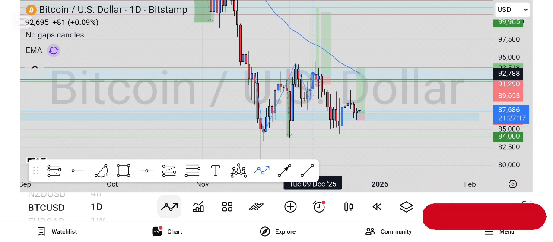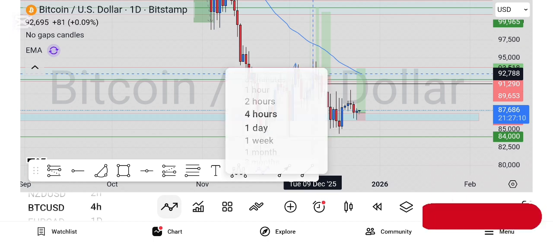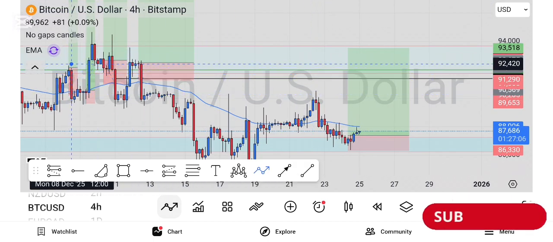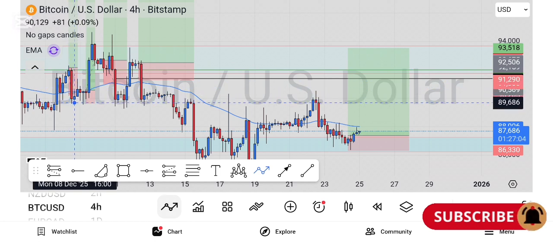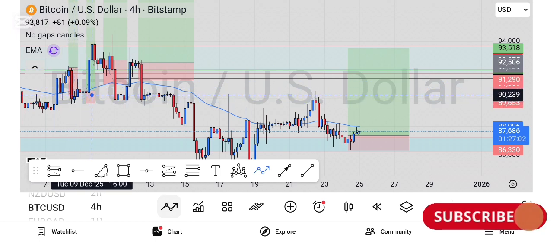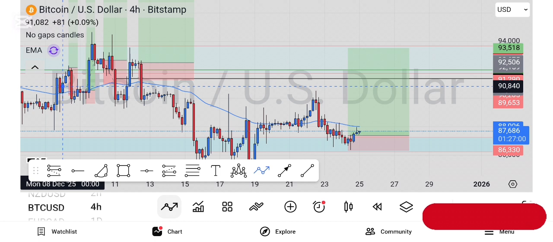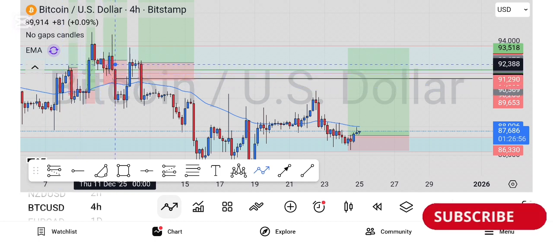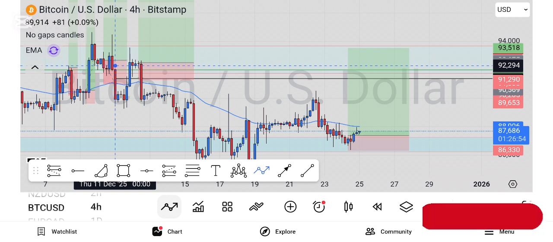I took the first sell, I got stopped out. Took the second sell, I was on profit, and then let me just open it. I took this first sell on a loss. I took this buy on a loss. I took this second buy and I was on profit, and then we were supposed to buy again from here